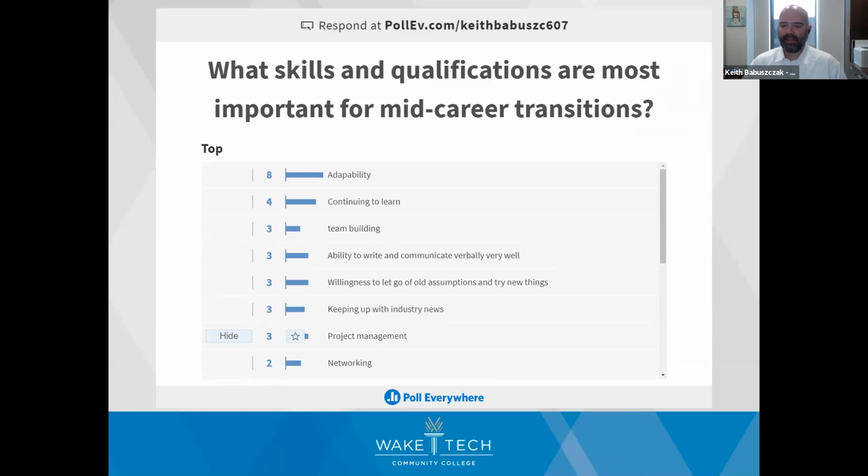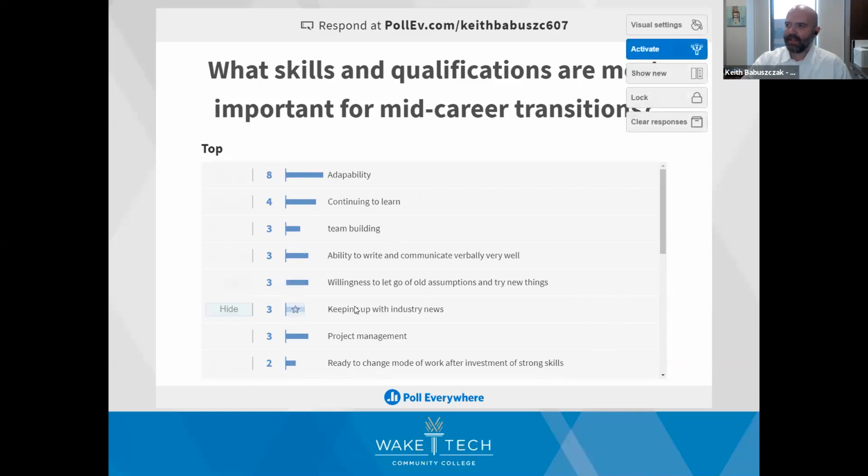methodologies, whether you're doing agile methodologies, various techniques within that. We don't necessarily prepare our students to be Scrum Masters right out of our programs, but they are conversant, and they understand how to work among agile methodologies. So that's important. So more adaptability, continuing to learn. Again, Wake Tech is preparing students for their first jobs and their next jobs. I'll go ahead and go on forward in the presentation, but this is really useful feedback, and we'll take this back too to strengthen our programs even more.